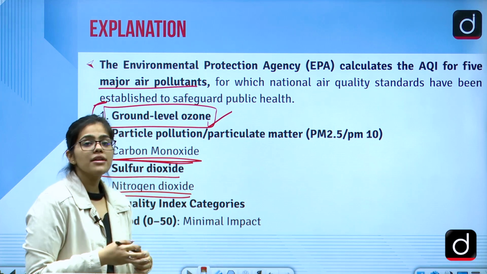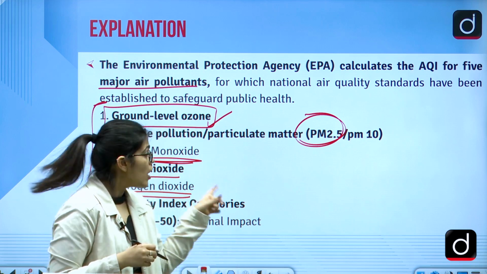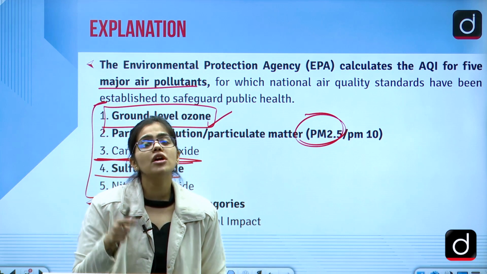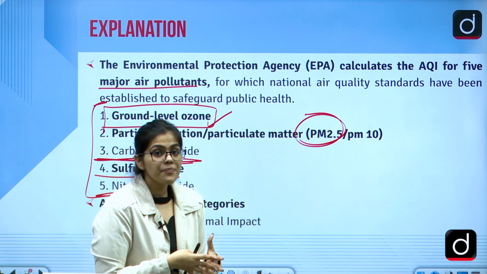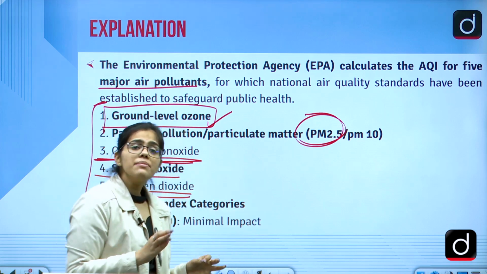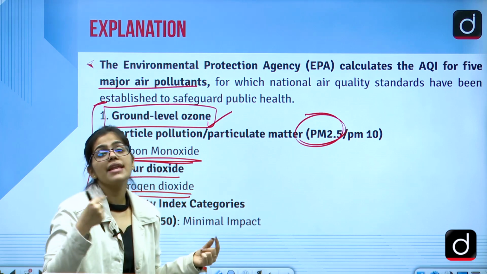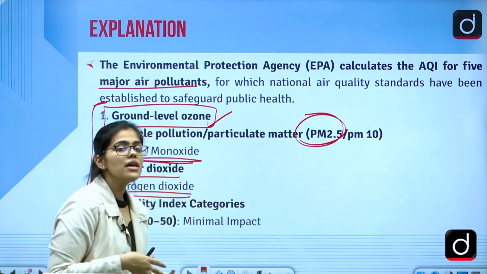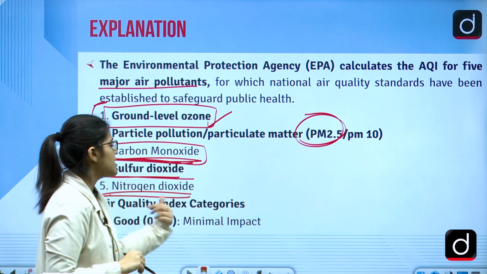Particulate matters 2.5 are the ones that cannot be seen with your naked eyes. They can go into your respiratory tracts and can cause a lot of problems like bronchitis and other problems associated with breathing and breathing disorders. Then we have PM10, these can be seen with your naked eyes but are still harmful, like dry soot. They can create a lot of problems in the human body. Then we have carbon monoxide, sulfur dioxide and nitrogen.